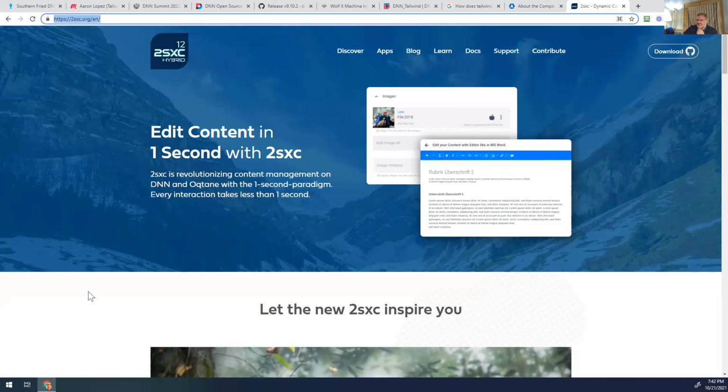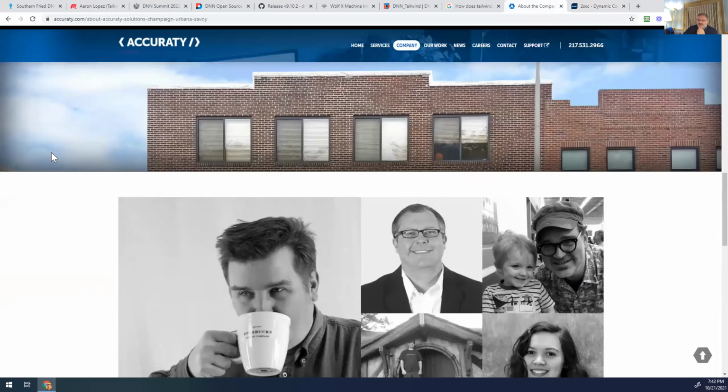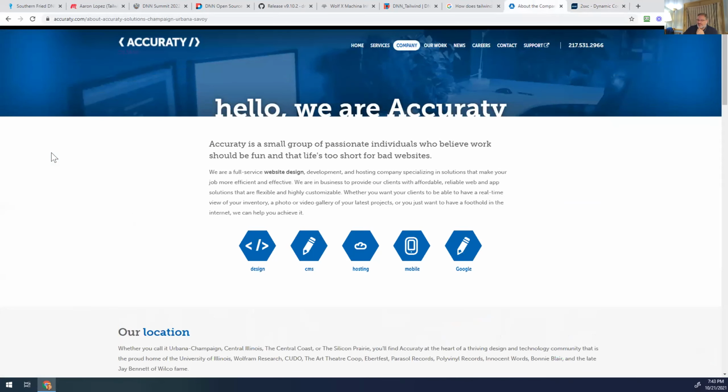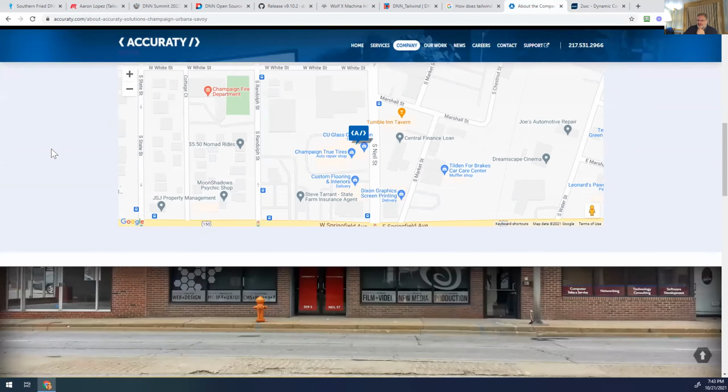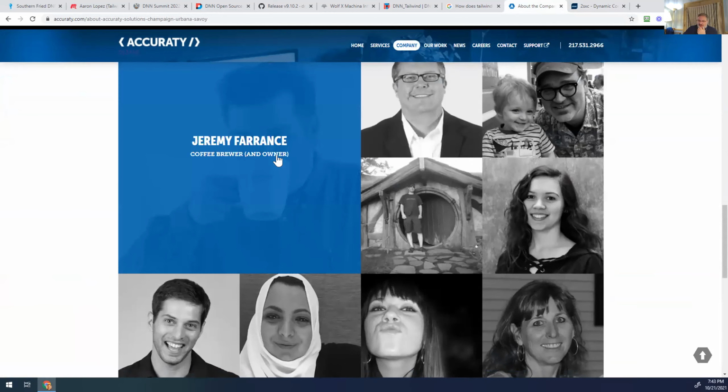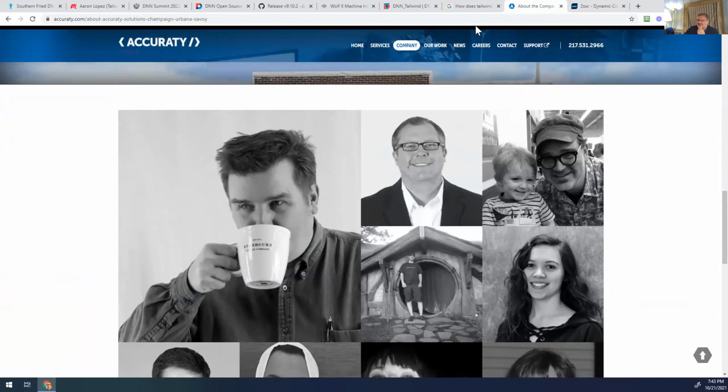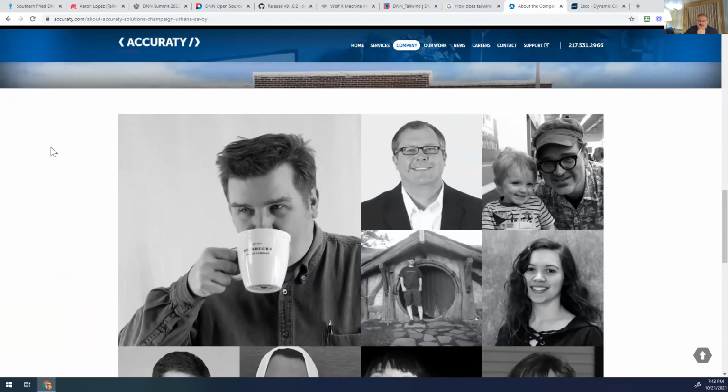A lot of people are building structured content with it because of the flexibility. There are plenty of people even here on the meetup with us who call themselves divas and developers that swear by Too Sexy. Jeremy has Acurity as his company, where he boasts on his bio that, at the end of the day, he's mainly a coffee brewer and lover of fine coffee. So we're going to pass it over to him to hear what I would call a deep dive into Too Sexy, and we'll take it from there.